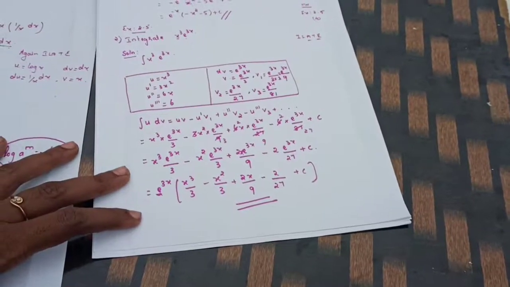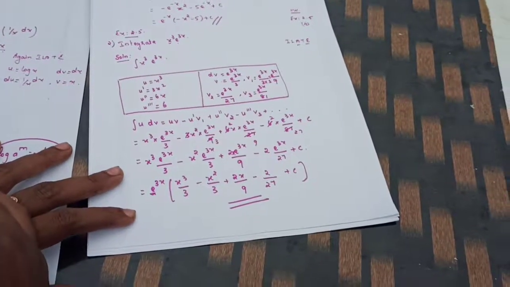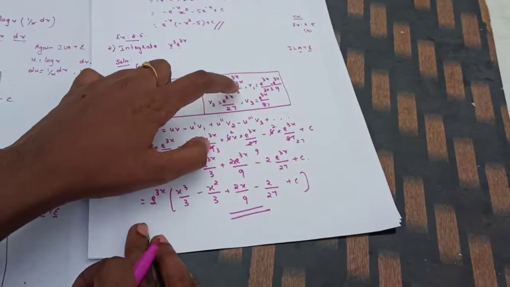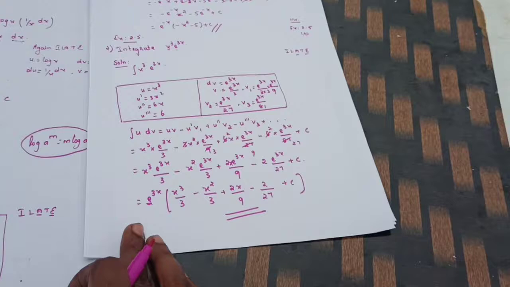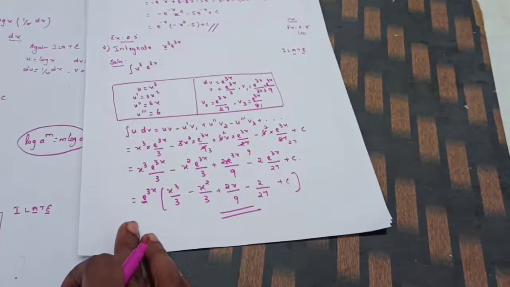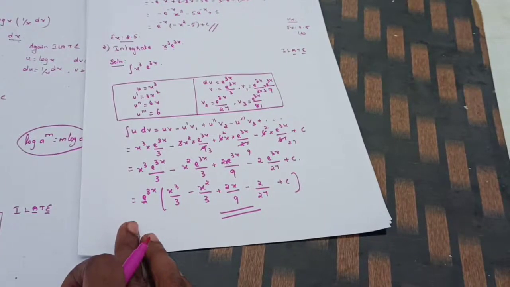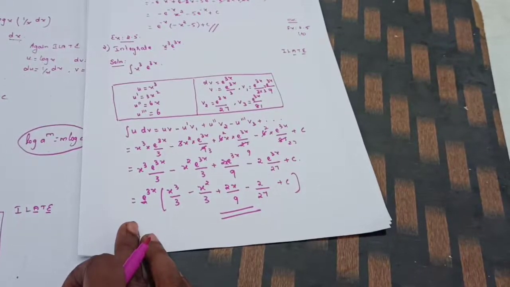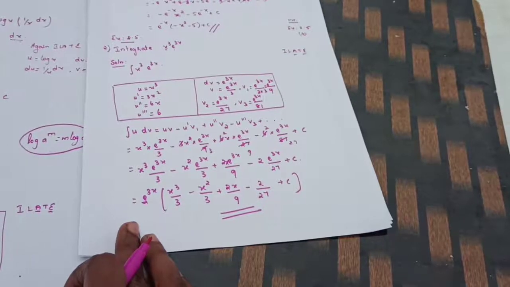Understand, children? So if you need that formula, you can use that. Okay, so here you want to be very careful. Here e power 3x, okay, x has one coefficient. So when you are integrating, you need to multiply by the coefficient in the denominator. Is it right? Okay, this one you already know. That one you don't forget. Understand, children? Okay, let's move to the next question. Problem number 3.